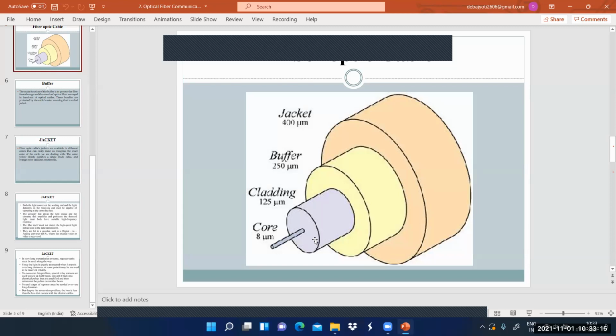In the introduction class, I gave you a little bit about what single mode optical fiber is and what multi-mode optical fiber is. I think I am now getting one response. What is single mode, or is there any doubt? What is single mode optical fiber and what is multi-mode optical fiber?